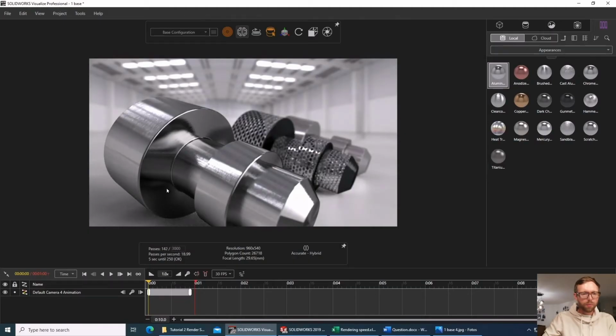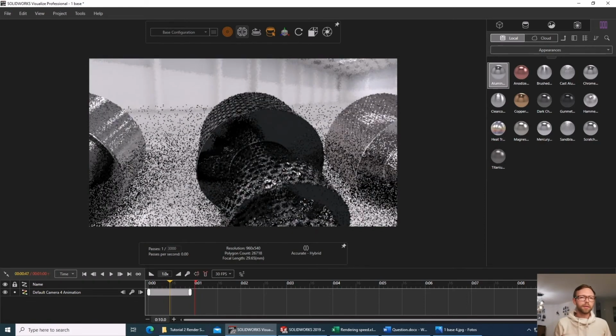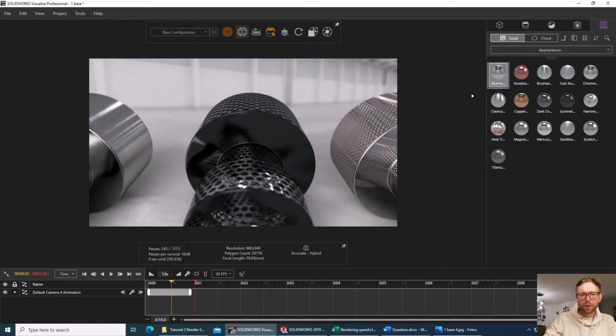To show you more details on the motion blur, I made a small camera movement into the animation, and in the middle of it we are moving over the parts, and because of the movement we will have some kind of motion blur. So at the moment the part depth of field is over here. Here it's a bit